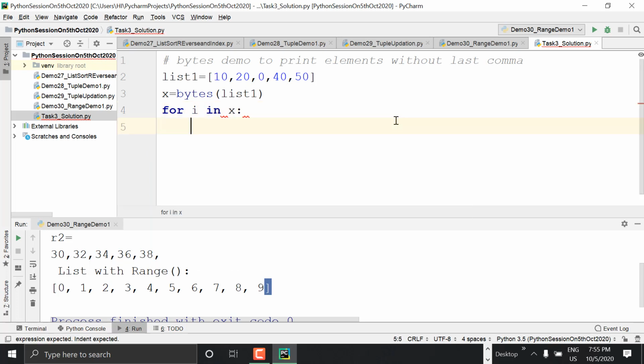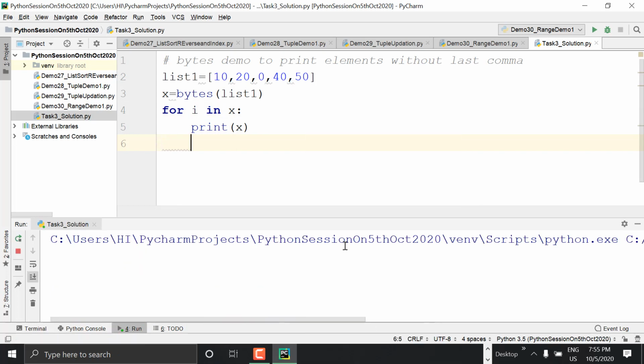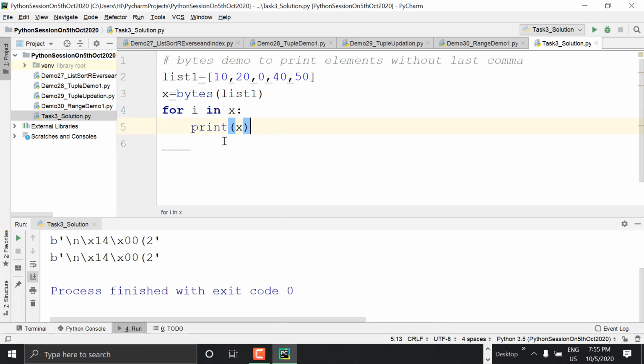Yeah, we have to say x of i. Range is better to use now. Okay, yeah, in this case range is better. For i in range of x.